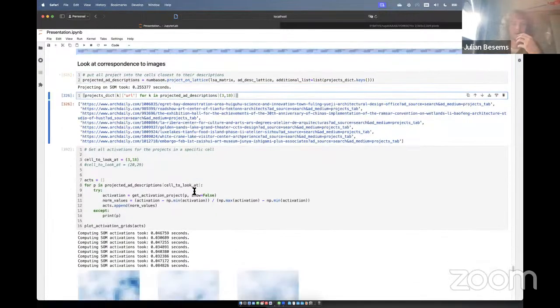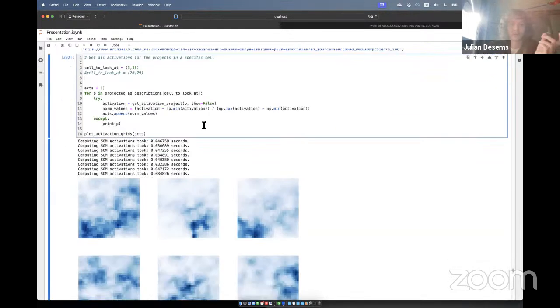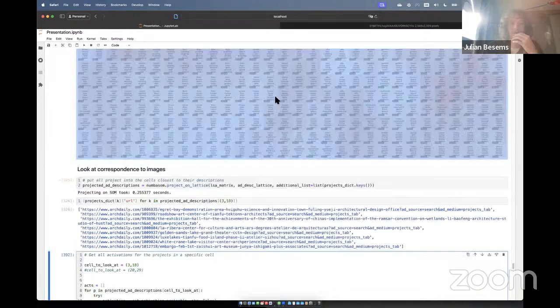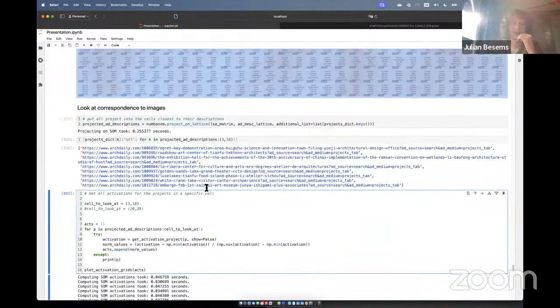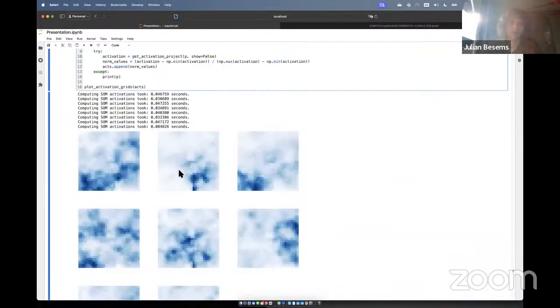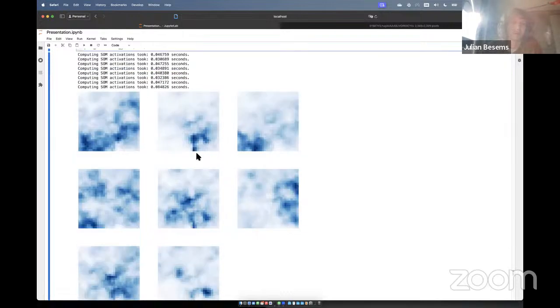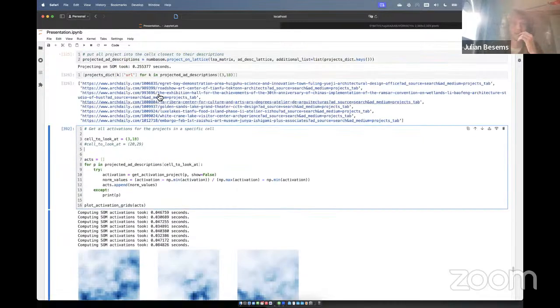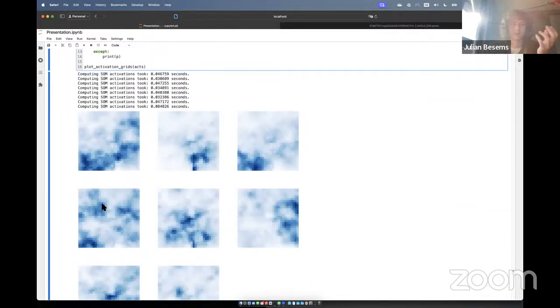So looking at what that activates in terms of the images. Now we're looking back at each project that sits in this cell and projecting those back onto the image SOM, and we get these differences. You can see there are similar parts. For projects that speak about lake and views and experience, the images are starting to get quite similar, but there are also outliers. For instance, I think this project, number 4, has a very different emphasis in terms of its drawings than in terms of its language compared to the other ones.